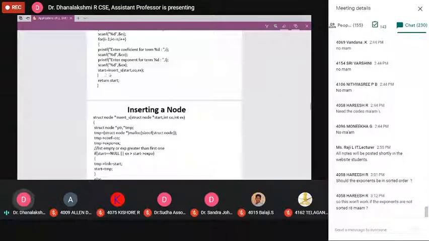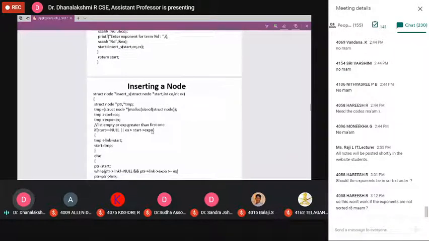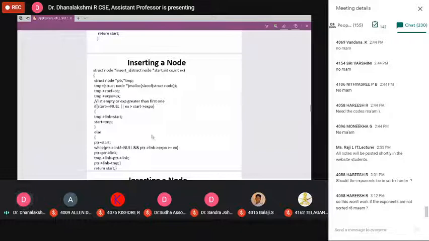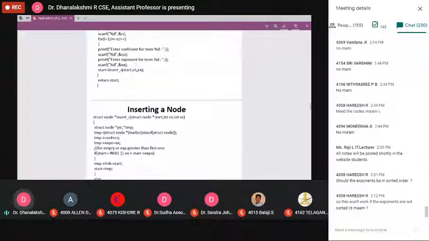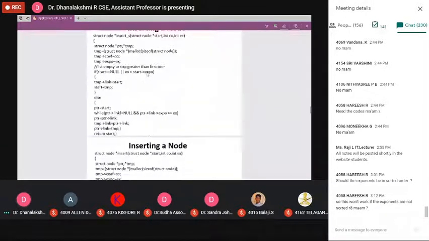Pointer variable is equal to function call. So this insert_yes returns some memory address, and that address will be stored in the start pointer variable. That means we are inserting that new node. Inside the create function, I am using the call to function insert_yes.